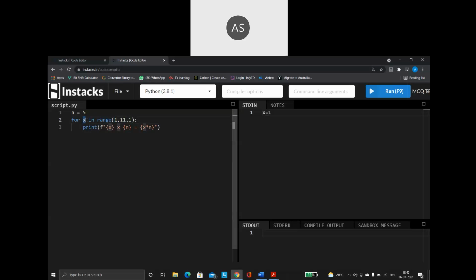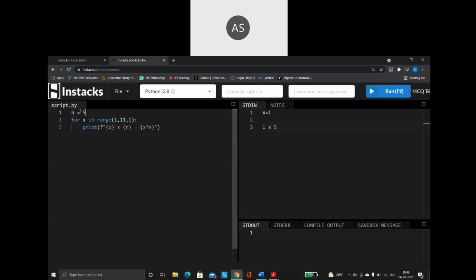Then it comes inside. 1 is less than 10, so the condition is true, and it will print the value. How? First the x value 1, then the multiplication symbol, then whatever value is stored inside n.